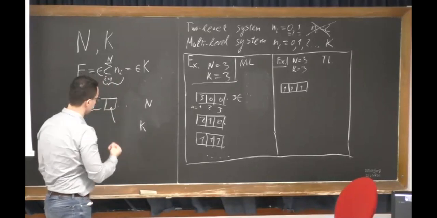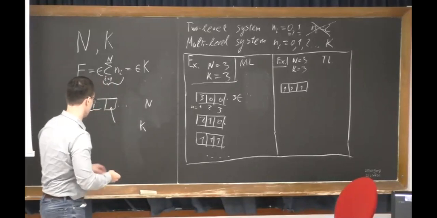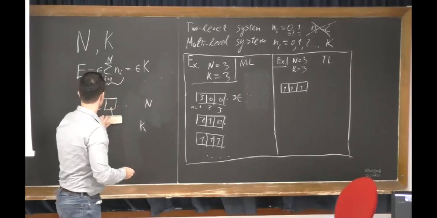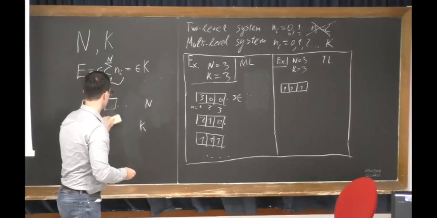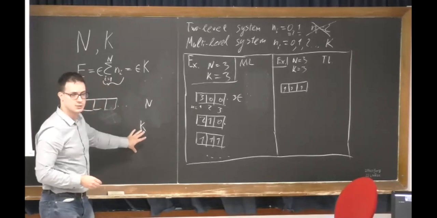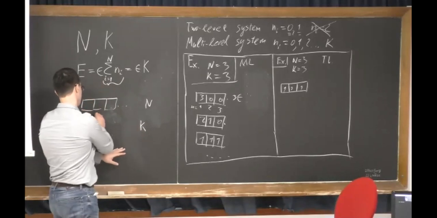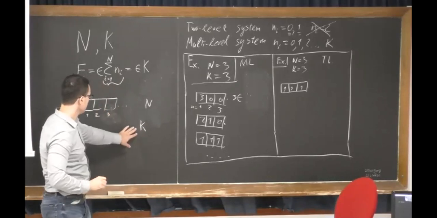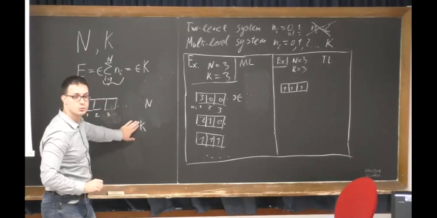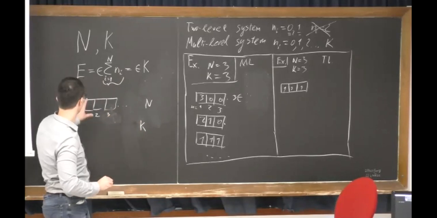Or, another way to look at it: we have a collection of these objects, we can enumerate them, and we need to choose k of them. So you take the first object,